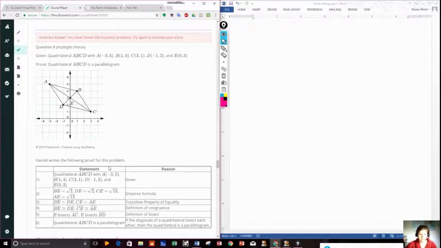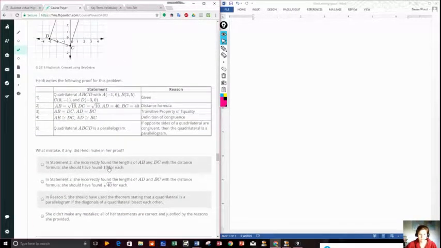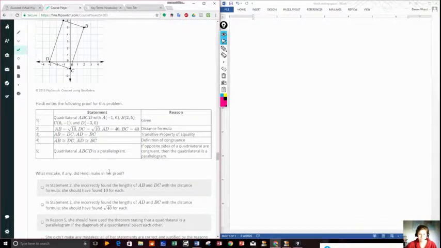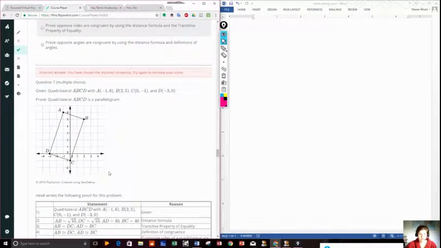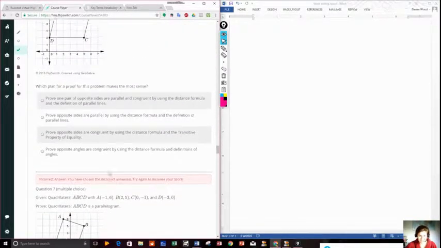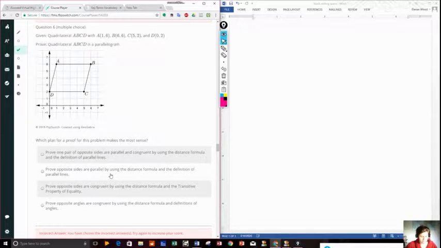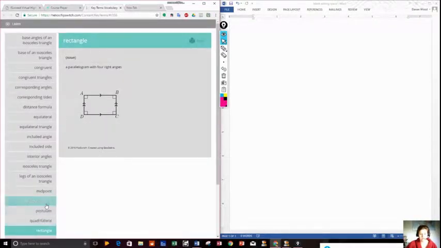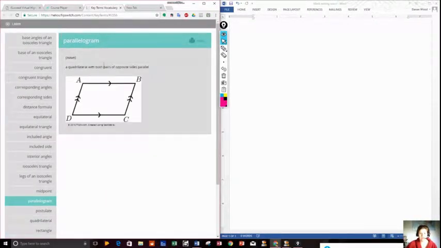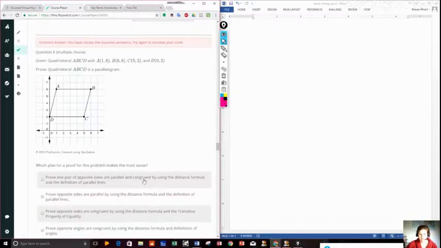All right, so now we're going to jump to question 6. We're going to see quadrilateral ABCD with A (1, 6), B (6, 6), C (5, 2), and D (0, 2). Prove quadrilateral ABCD is a parallelogram. So again, I'm going to look at the parallelogram. A quadrilateral with both pairs of opposite sides being parallel. Okay, and then this has to do with